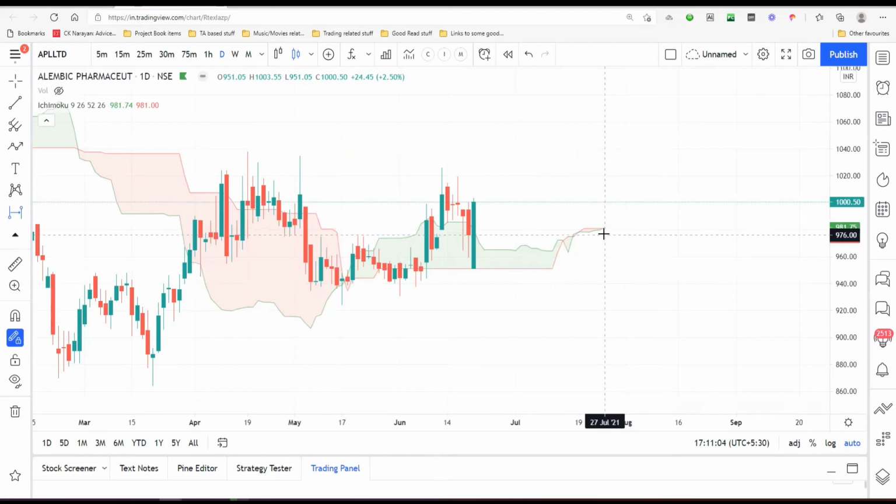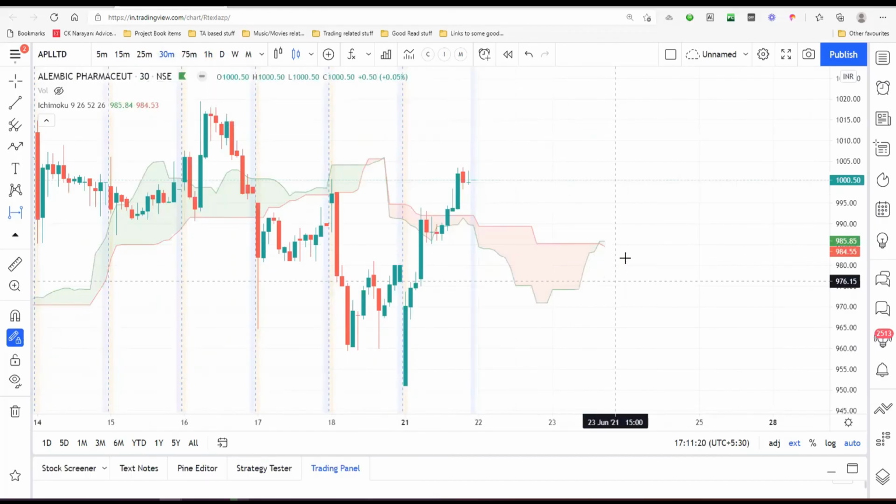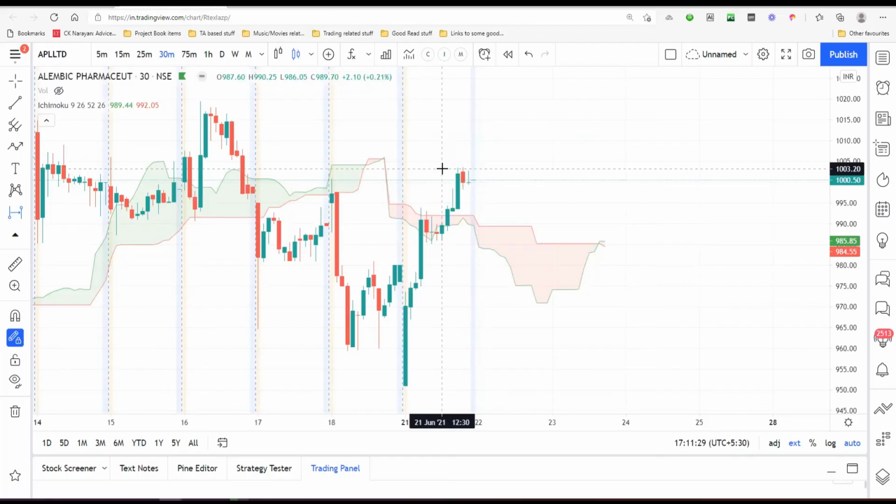You want to make sure that this is true, then you can just check one time frame lower, which is the hourly chart on APLL. Sorry, if you go down here, I think you may find it. Yeah. On the 30-minute chart, you got APLL as a crossover. So if you have this crossover tomorrow, APLL, if it starts going above something like 1003, which is actually the daily high also, so if APLL is above 1003,